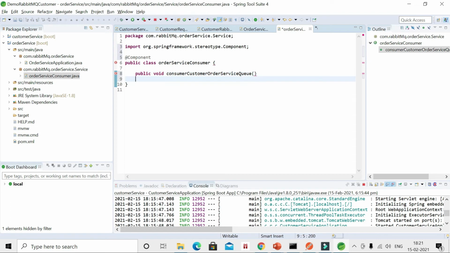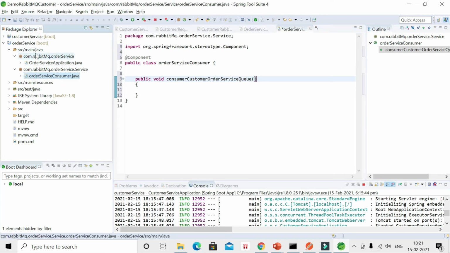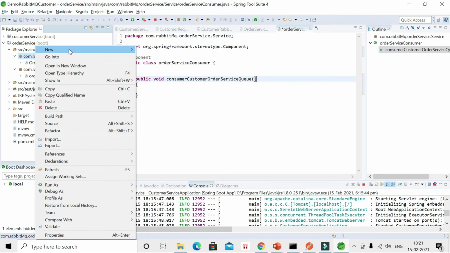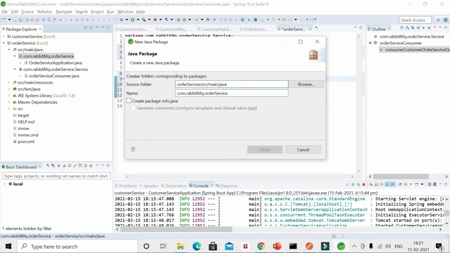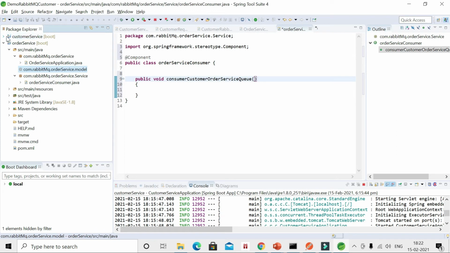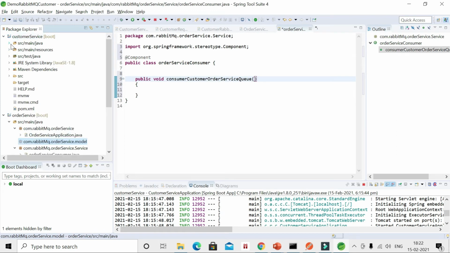Customer order service queue. Here also we need to create the model class. So create the model, finish, and just copy the same class.